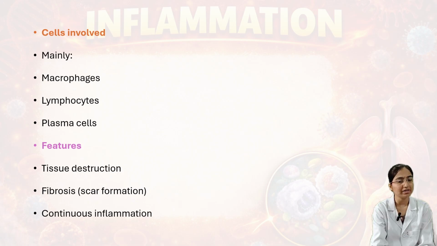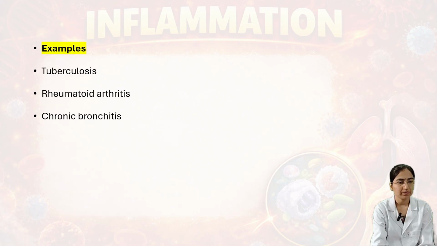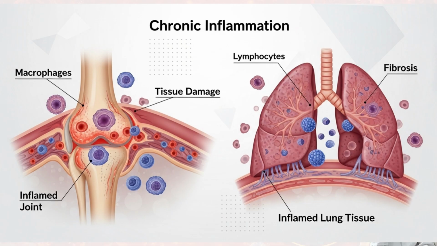And then what are the characteristic features? Tissue destruction, and fibrosis, that is the scar formation we can say, and continuous inflammation. We'll take examples: tuberculosis, rheumatoid arthritis, and also chronic bronchitis. In the case of chronic bronchitis,